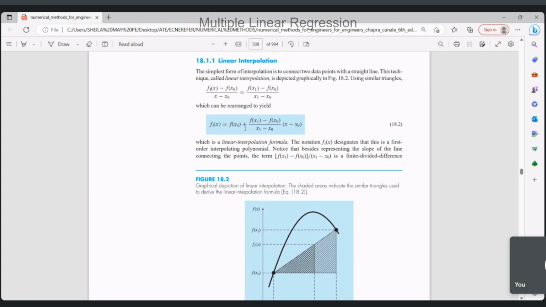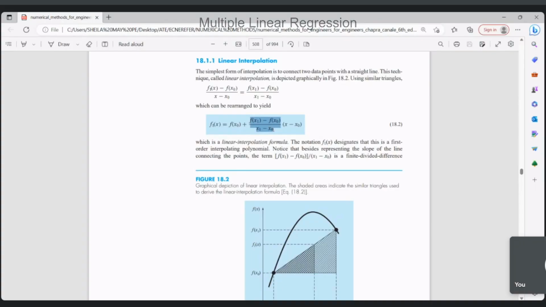That's the main formula for the linear interpolation. The notation f1(x) designates that this is a first order interpolating polynomial. And notice that besides representing the slope of the line connecting the points, the term here